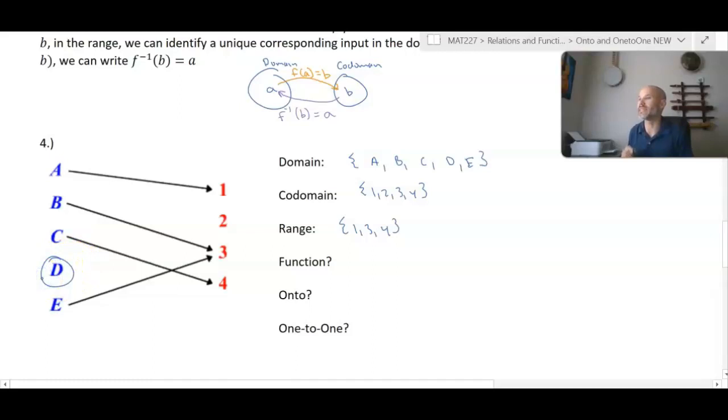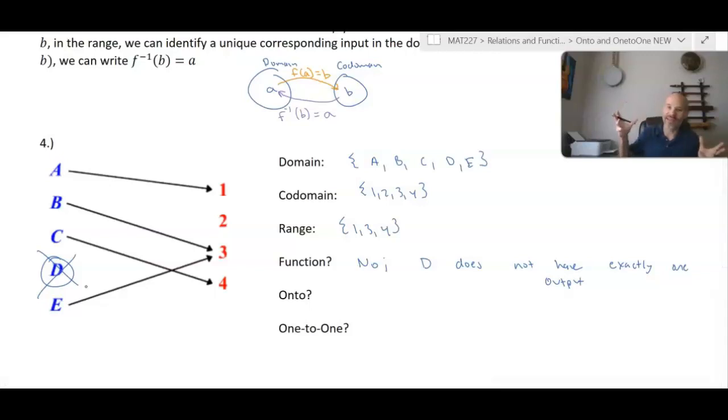We say that element D is in the domain. D does not have exactly one output. If we just omitted D from the domain, then we would have a function, right? And for the most part, we specify our domain so that every element in our domain actually has an element in the codomain. So for example, we'll take a look at a function like 1 over x,